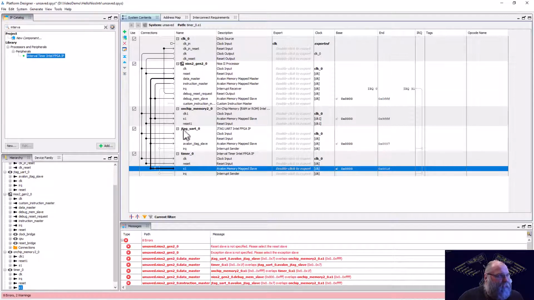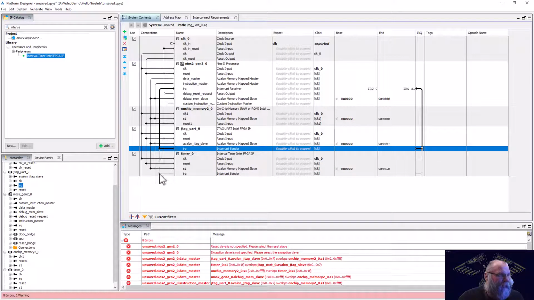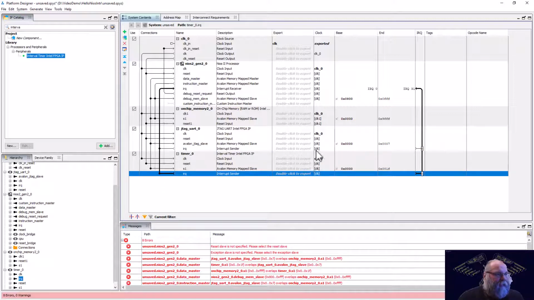And this time we have 2 interrupts we need to wire up. Let's just wire them up in order. So we'll do that one, and then we'll do that one. You'll notice it automatically assigned the JTAG UART to 0 and the timer to 1. I want to change that, so I'm going to make that one a 0, and I'm going to make that one a 1,